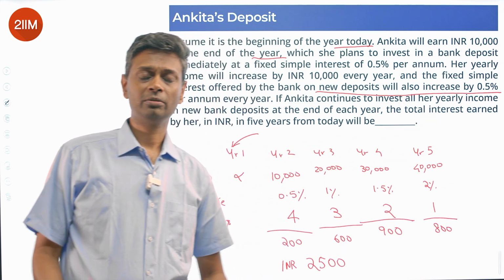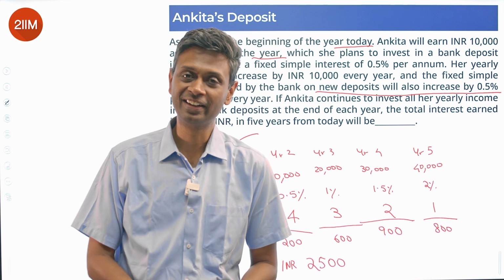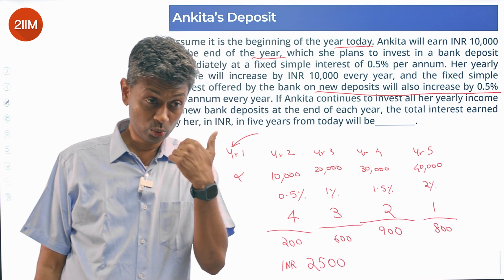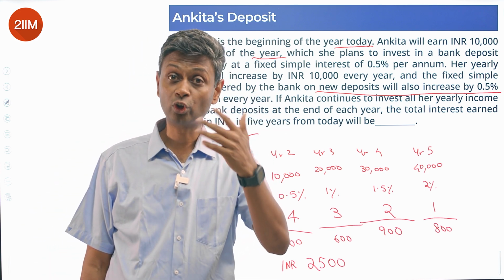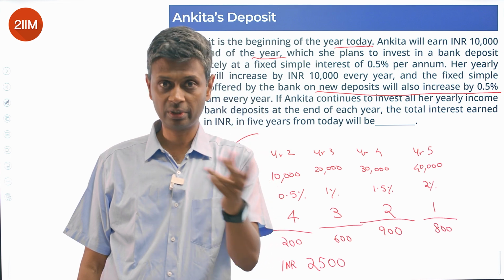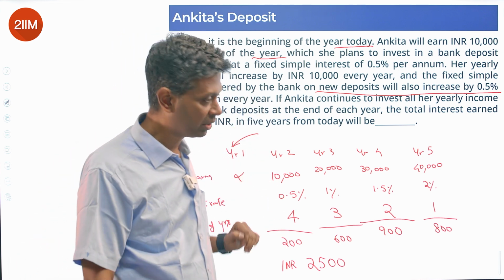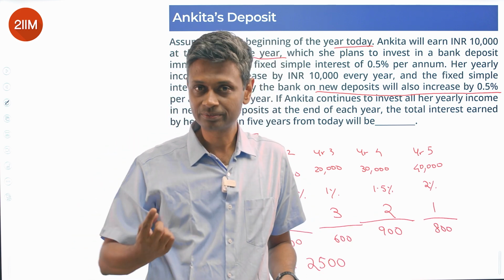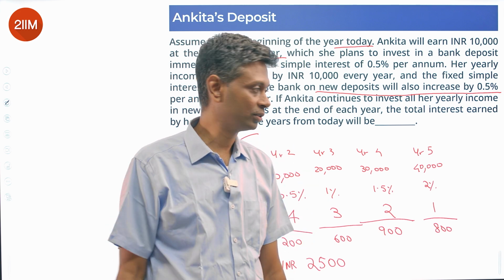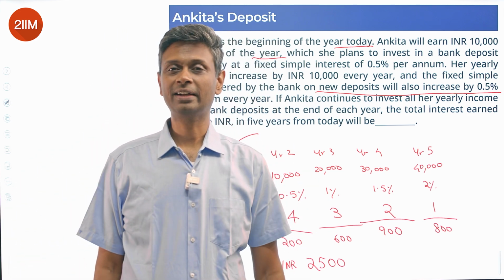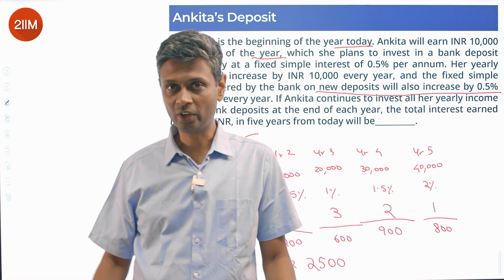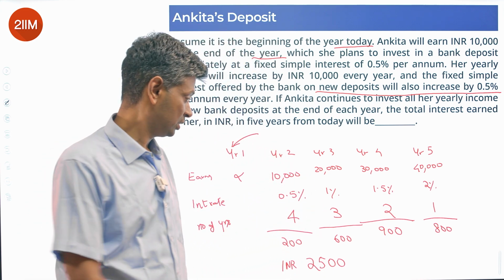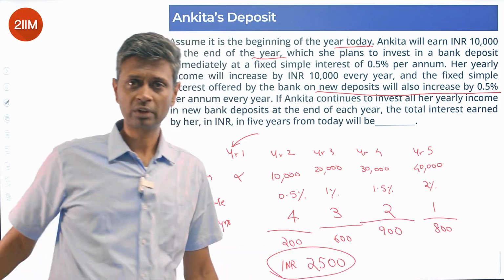So in my mind, because I'm used to the real world, I thought if you put 10,000 in a bank and you renew it, then if it is an auto renewal, it is on compound interest basis. The interest will get added and will get renewed. If it is simple interest basis, it is for a duration. And if I don't know till what end, my duration is 1 year. It ends, it gets over. So this whole scenario is contrived and random, and the language is a little vague. So not a great question to do because there's too much ambiguity, especially from an exam point of view. But hey, you have to do it. Therefore, this is the answer. Right.